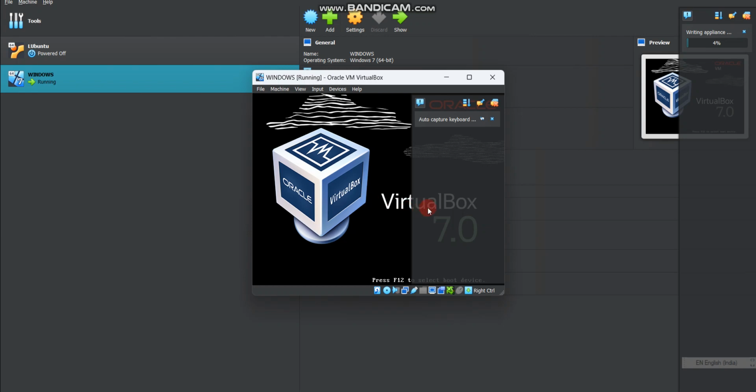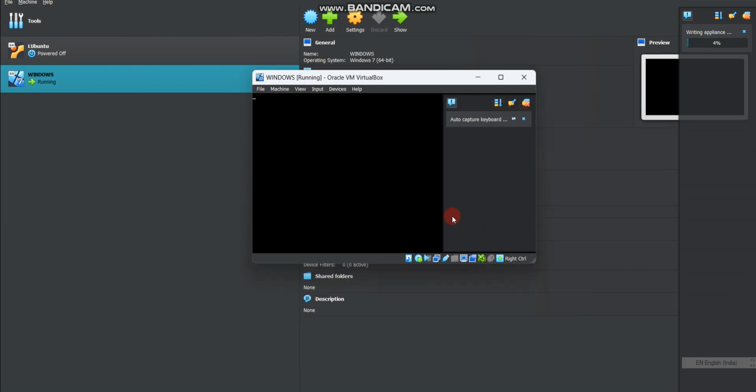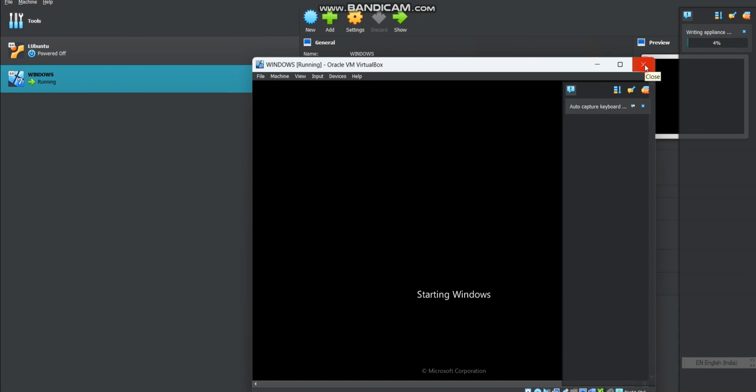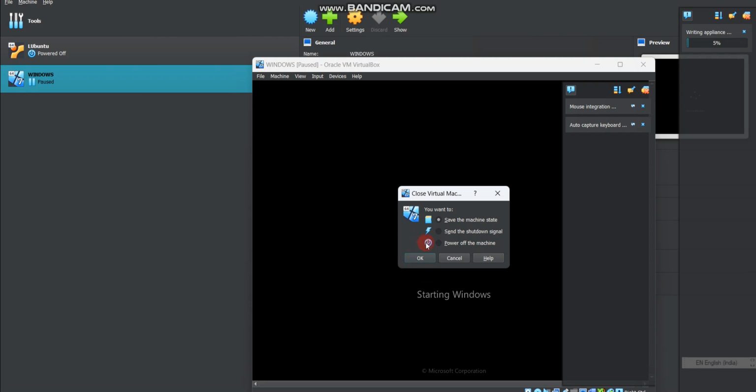So you can see in VirtualBox, this will take much more time while Windows is loading files. We know that it will occur, and it will be having a proper installation. We can see Windows starting. So now I will stop here, else it will take more time. But yeah, this is how we had created one of our virtual machines. So I will stop it right now